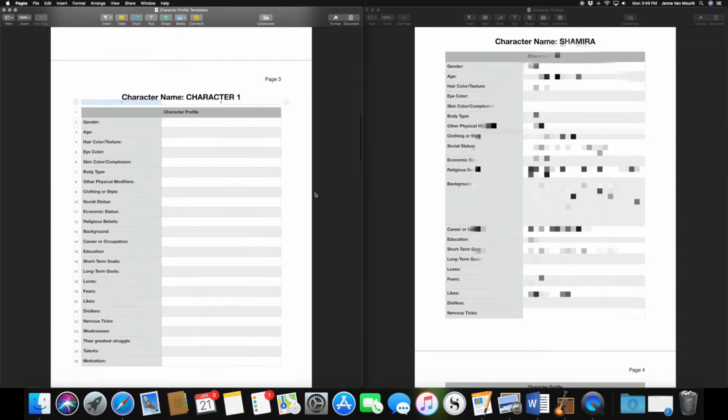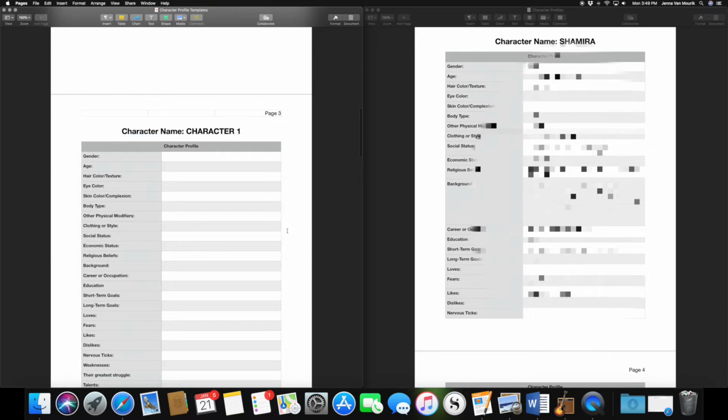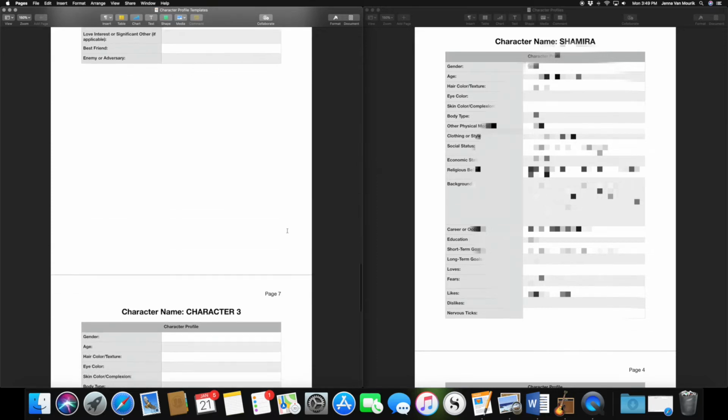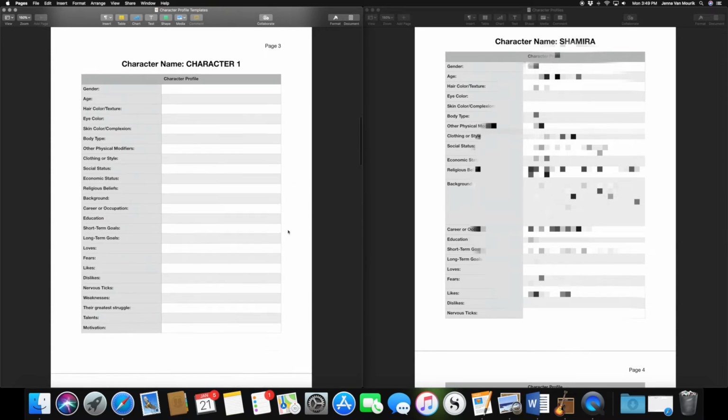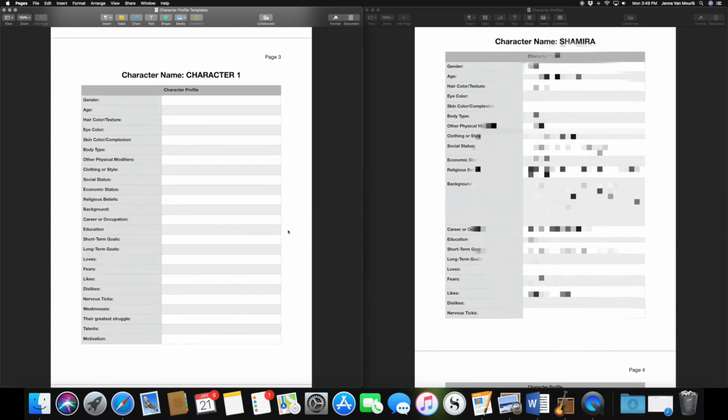Now, you are welcome to delete as many of these as you want, and it just repeats, by the way, for each character. Copy and paste it, fill it in again. All of this really is just how I get to know my characters. You can delete as many rows or columns as you want. You don't even have to answer all of these questions,